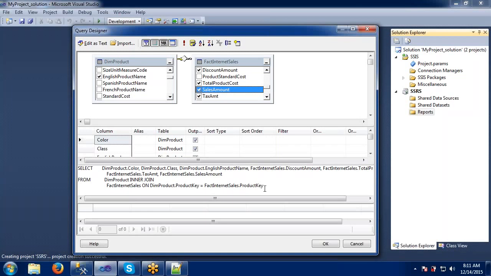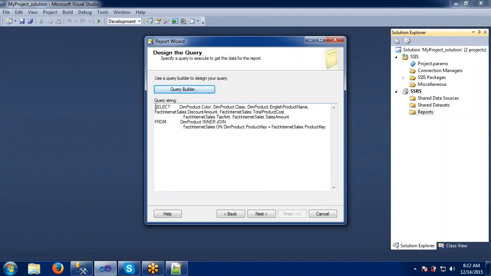Okay. If you know how to write this query, we can directly write it in the previous step we have seen, right? So we can do it like that. And if you want to change this, we can change this option here. Inner join by default it has given, right? If you want to make it a left outer join also, we can do it here. But I don't want to change it here, I will keep it as it is. I'm just showing you there is an option to change the inner join here. Just click OK here. See, automatically that query comes here.